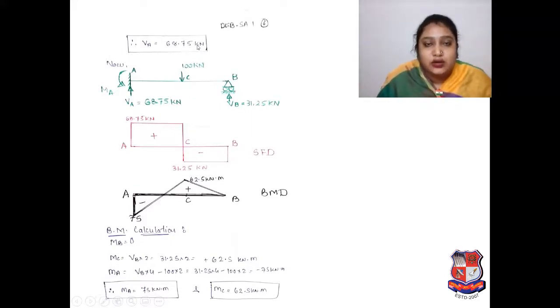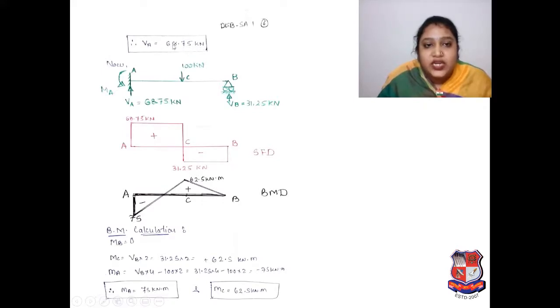Now in our problem statement we have to draw the shear force and bending moment diagrams. Our diagram was a fixed and roller support. So here a moment is there, a reaction is there, and here also a reaction is there. As per that we have to draw the shear force and bending moment diagrams. So first, we will draw our beam line over here, A to B. Then we received VA.